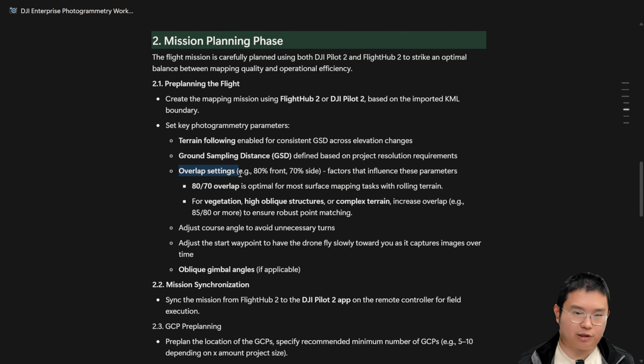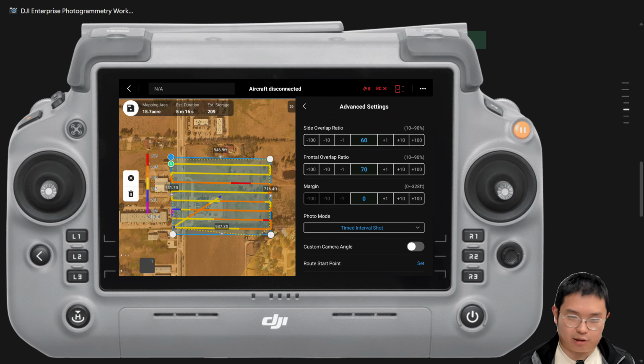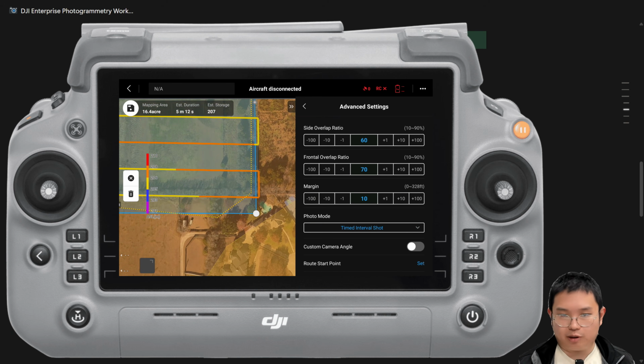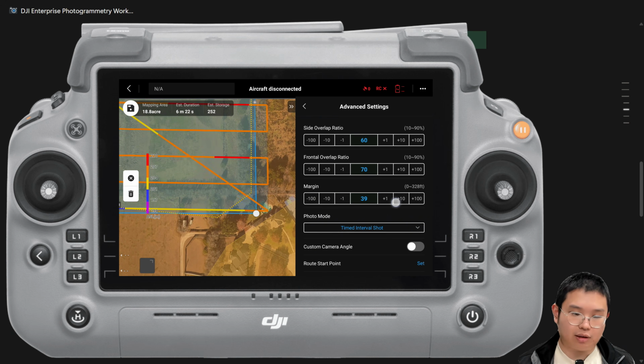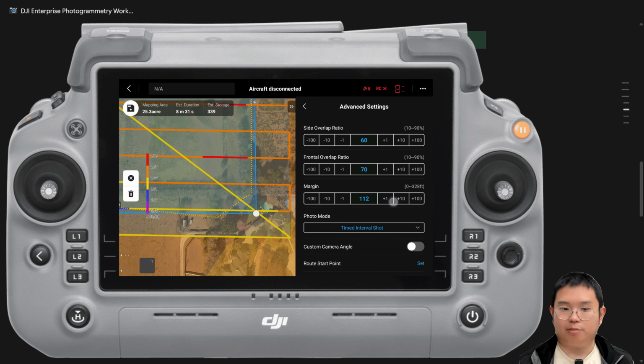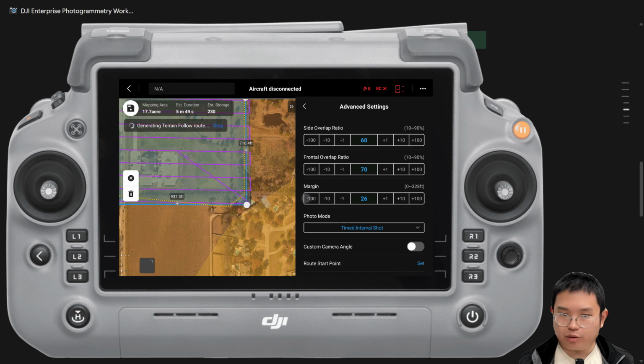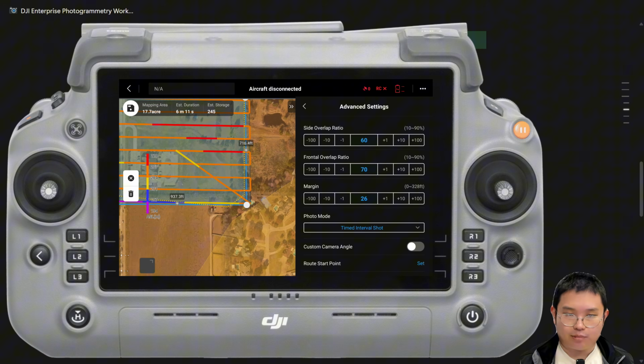And there's another parameter I'd like to talk about, which is the margin. In Pilot 2, you can change the margin of your mission. Generally, I like to increase my margin by a few meters, so the raw data capture will sufficiently cover the region of interest I set for the deliverable output. But keep in mind, increasing the margin would have your flight route exceed the boundary you set. Make sure you review the flight route ahead of time and make sure your airspace is clear and safe for